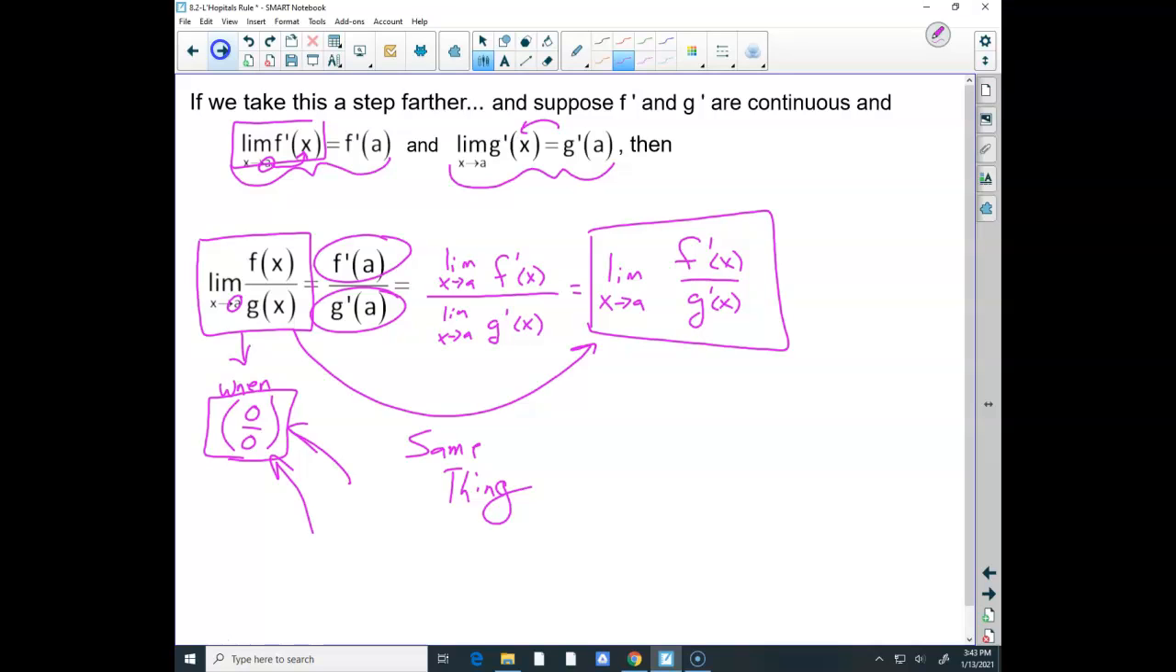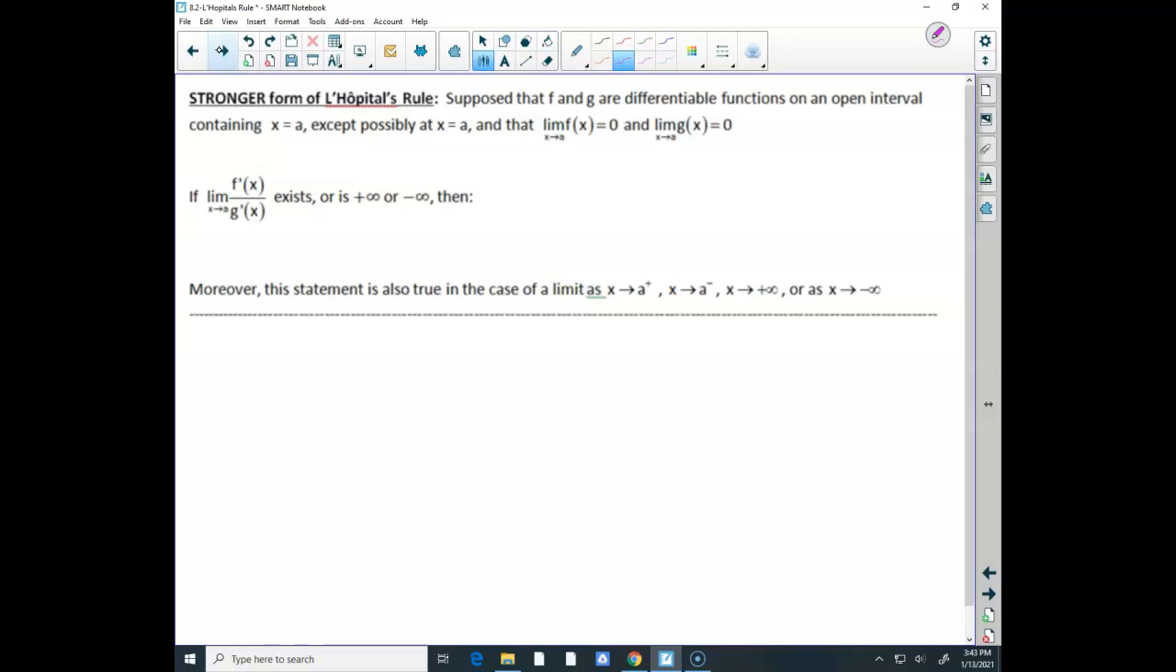As long as you get a limit, as long as you get 0 over 0, take the derivative of the top, derivative of the bottom, try it all over again and see if your limit evaluates. If it doesn't and you get 0 over 0 again, take the derivative of the top again, derivative of the bottom again, and try again when you reevaluate it, all right? And a stronger form of L'Hopital's rule, bottom line,